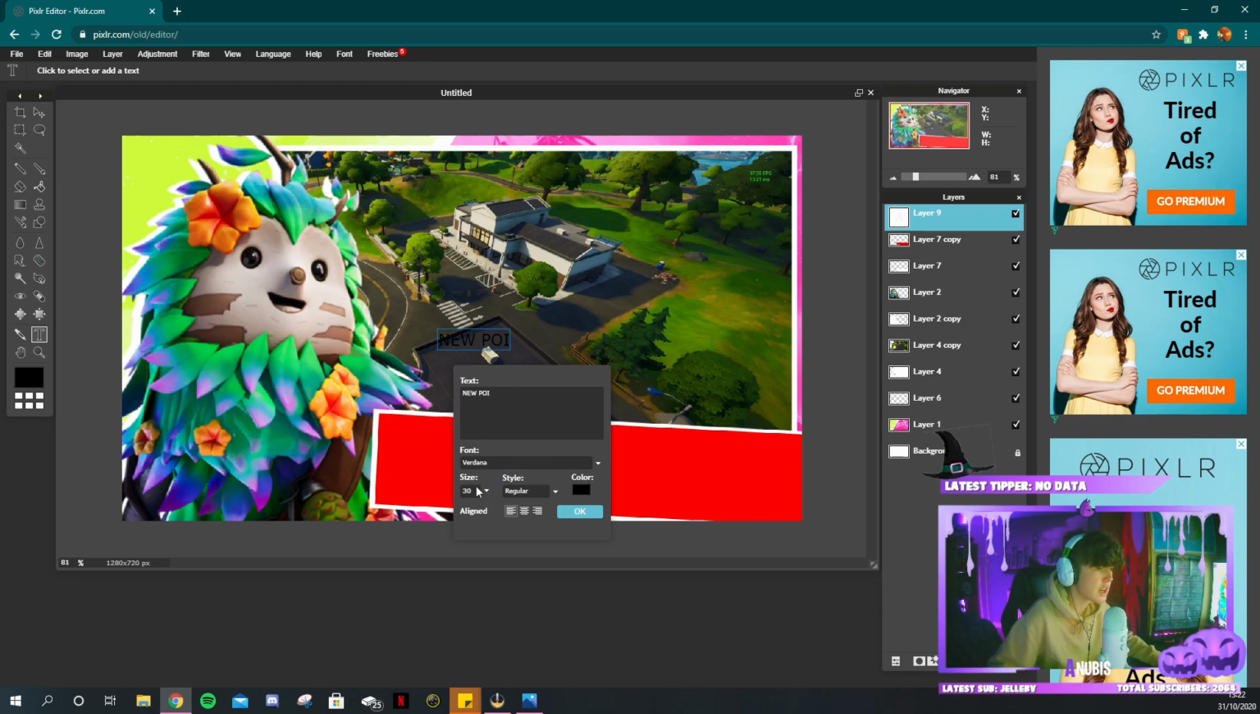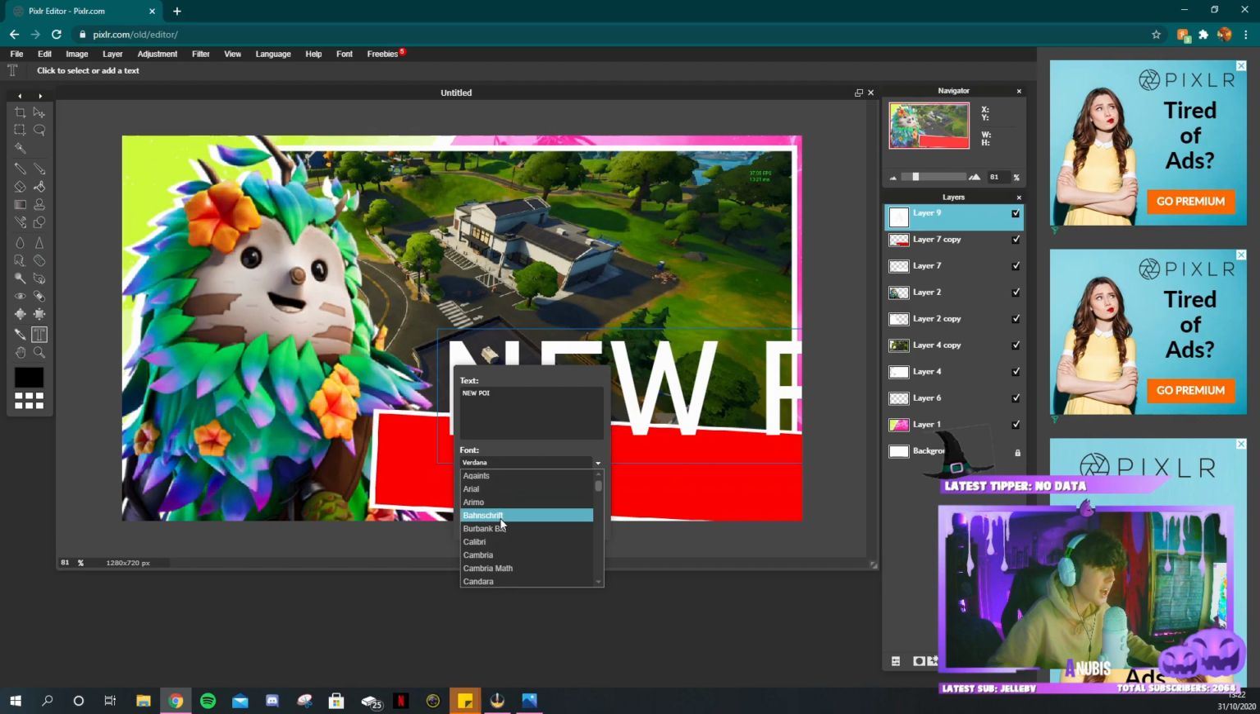As you can see, it's just on the screen. It's not very big. You can change the size to whatever you want, but this really doesn't matter because we're going to be editing that anyway. Change it to white. And then for fonts, I'll